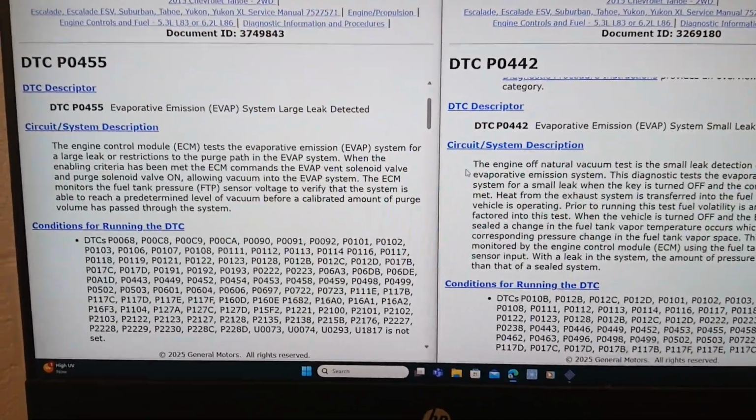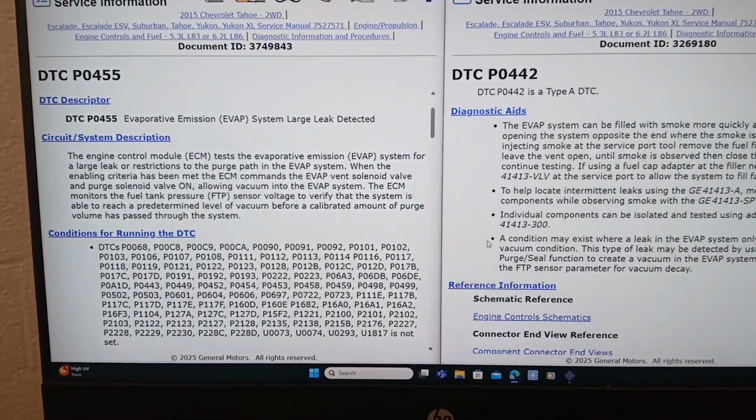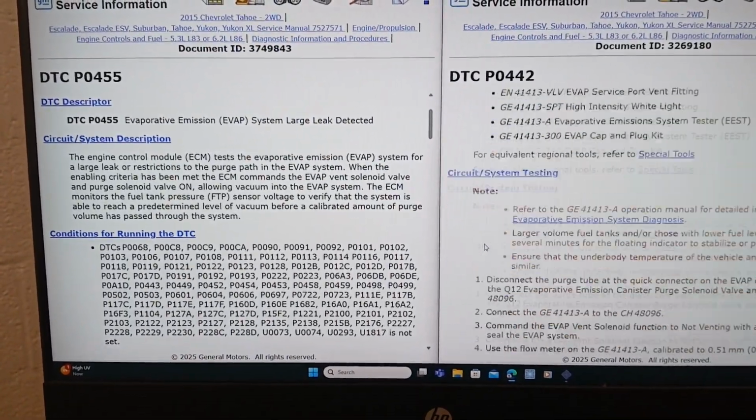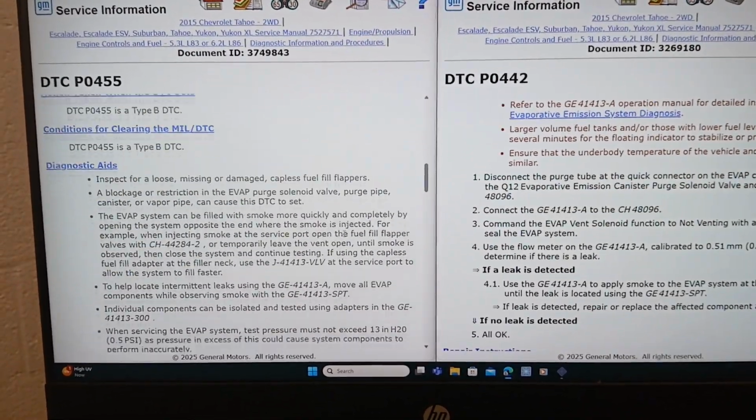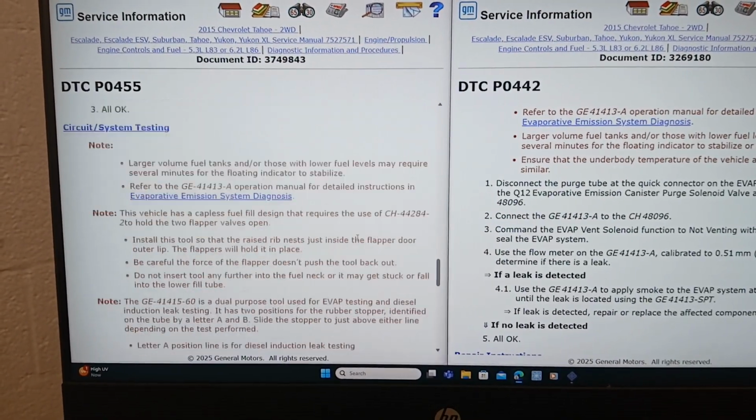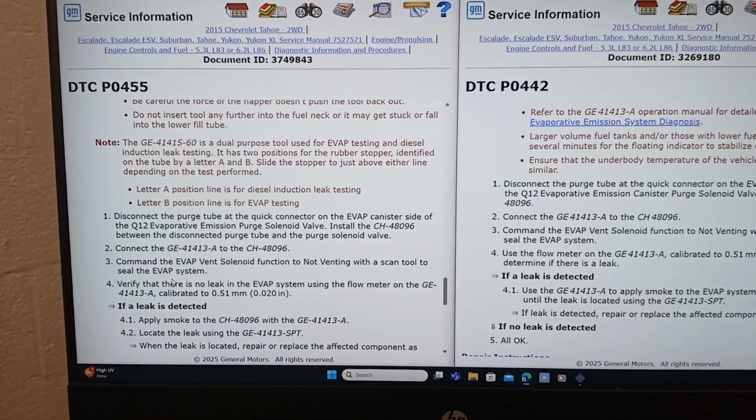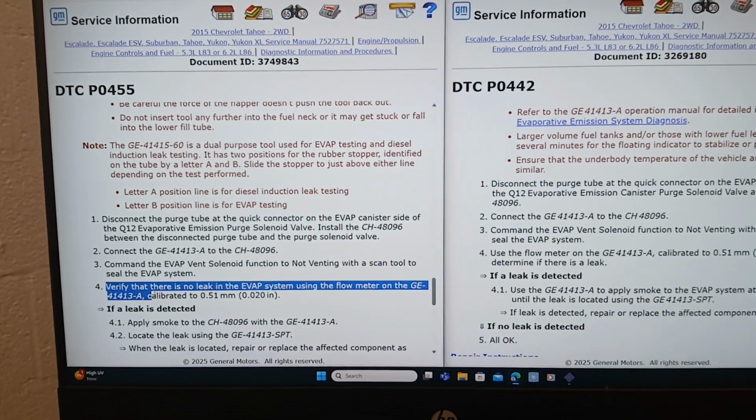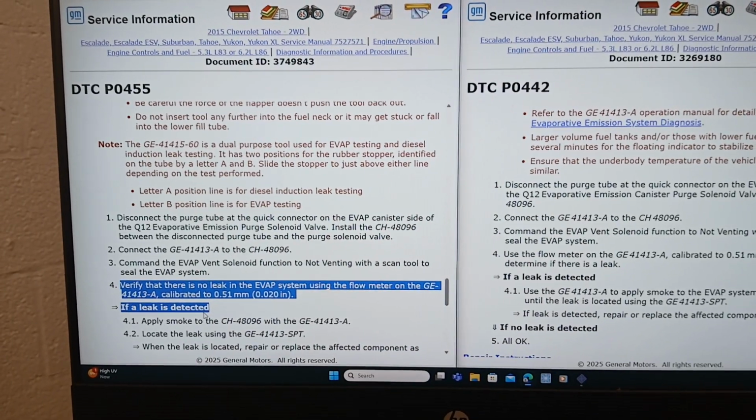Now, either way, if we scroll down and take a look here, no matter what size leak we have, large leak or small leak, I set the machine up the same way, and this is something that gets overlooked a lot. It tells you right here, verify there is no leak in the evap system using the flow meter on that fancy machine,